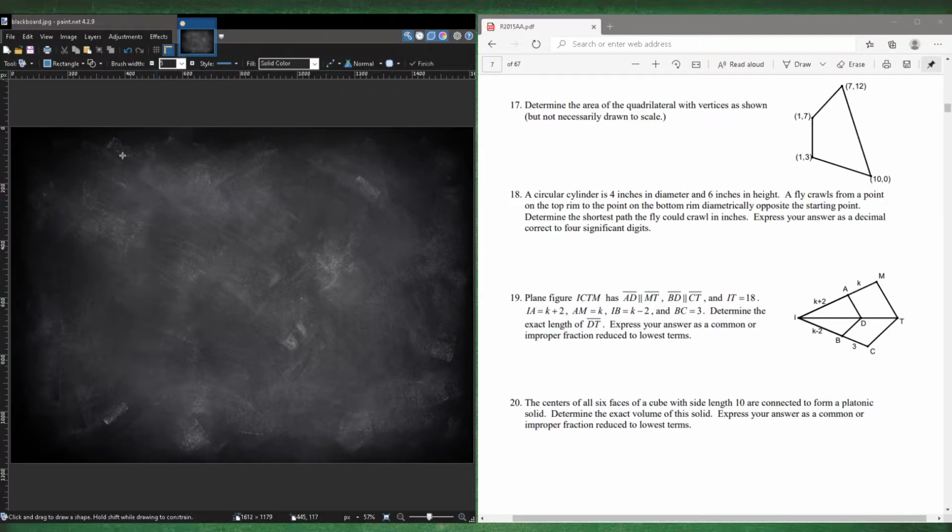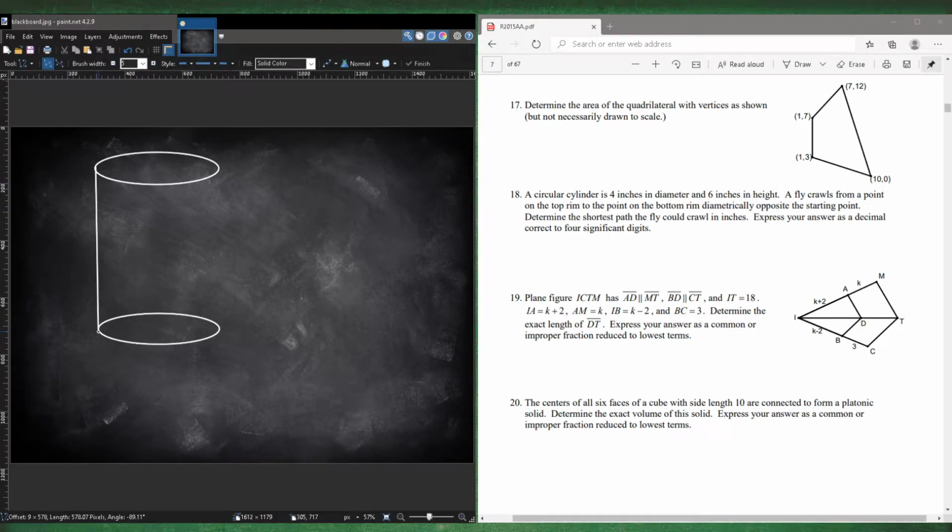So basically we have a cylinder. Connect the points. And then we have a fly, let's say it's right here. So that means diametrically opposite on the bottom would be right here. So how do we get the shortest distance? Well, basically, instead of looking at this in 3D, what we could do is look at this